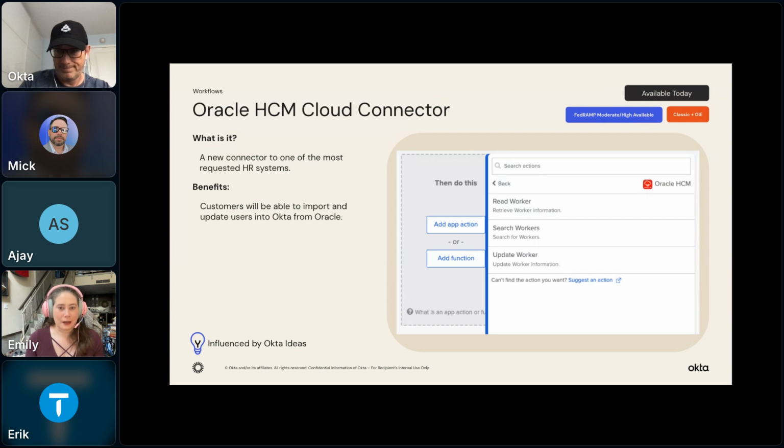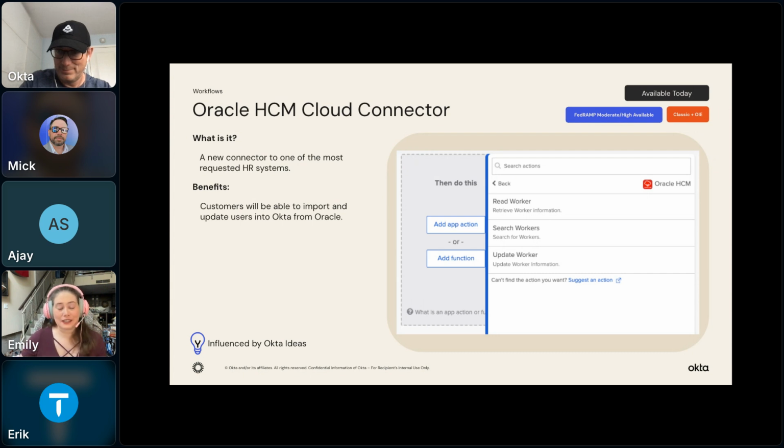Oracle HCM is a very popular one that we're pleased to be able to give you the ability to search for employees, import them into Okta, and do all of the write back functionality. This connector will pair with the Anything as a Source connector, which is available in Okta today, and you can use it to do all of your importing and updating needs.